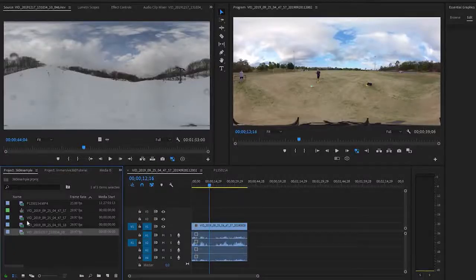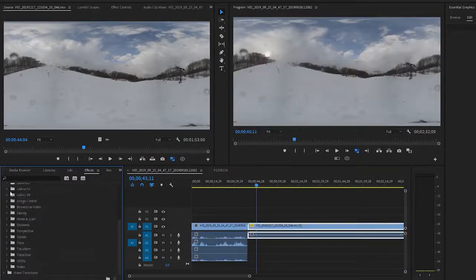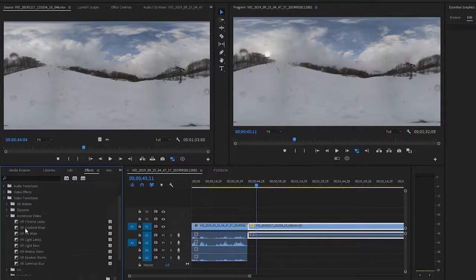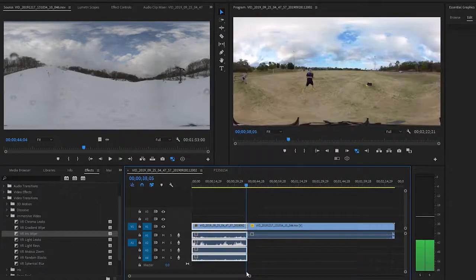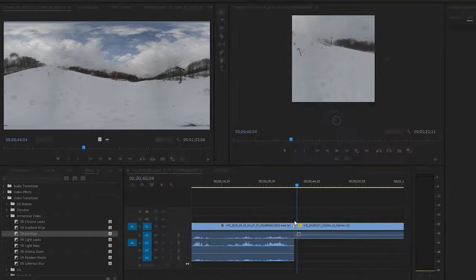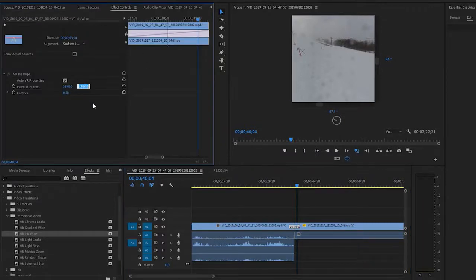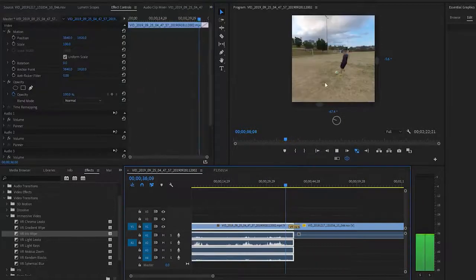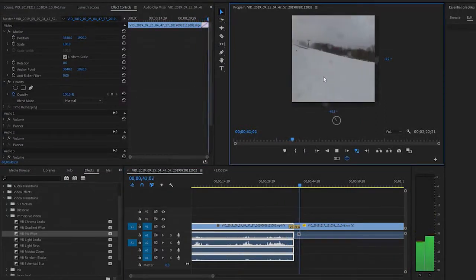So my favorite type of wipe is the iris wipe. All you have to do is have two clips next to each other, and drag the iris wipe effect between the two clips, just like a normal transition. The transition itself is preset to go from left to right, but I like the look of the transition when it comes from top to bottom. So just change the Y value to 0. And I like the look of it going from 3 to 6 seconds, spreading it out a bit